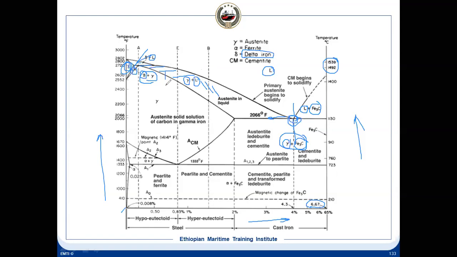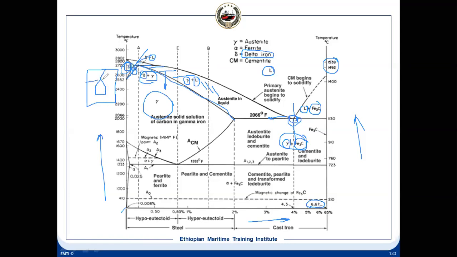Now, once you move in this direction, it is solidifying because it is already solidified here. This part is solid, this part is solid. Now, if you move here, only the austenite exists. It is single phase. So once you come below this curve and this curve, you will have only austenite. And the austenite structure we know, it will exist, and this will be our FCC structure.